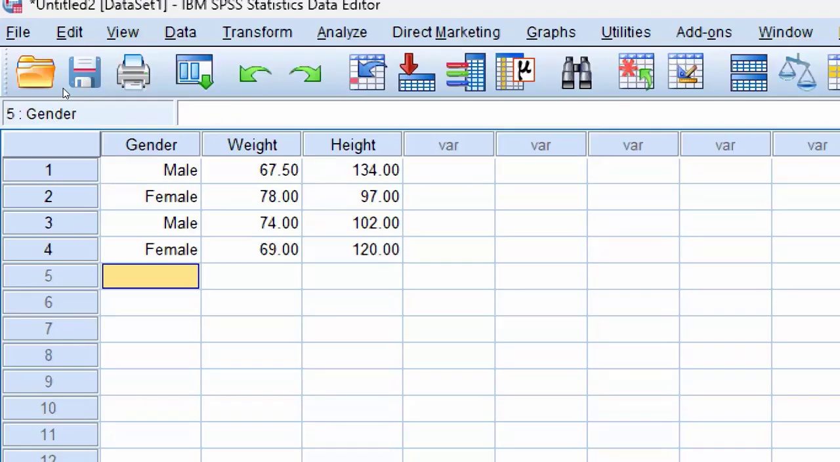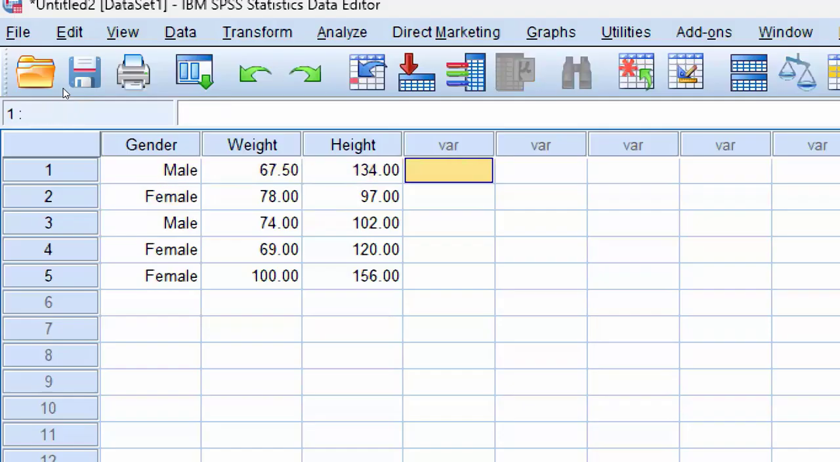I click tab. I go again to the next one. I put maybe 2. I click tab. Here, maybe it is 100. I click tab. It's here, maybe it is 156. I click tab. Then it goes down. But if you click the direction arrow as a navigation